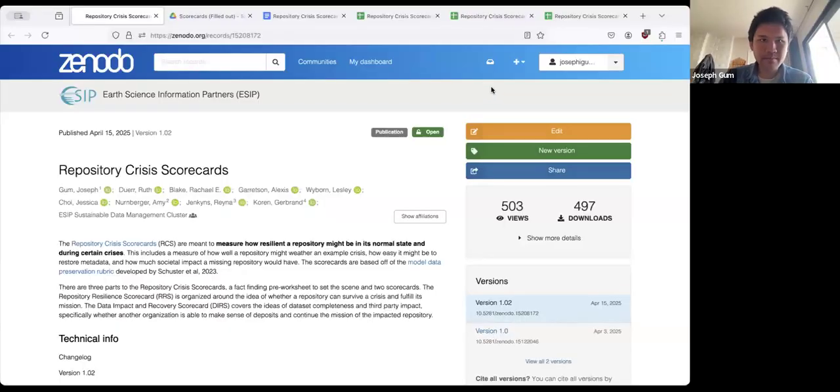I'm here to present about some work that's been carried out by ESIP's Sustainable Data Management Cluster called the Repository Crisis Scorecards. Some of you may have heard of it already. What I have here is our Zenodo landing page for now.